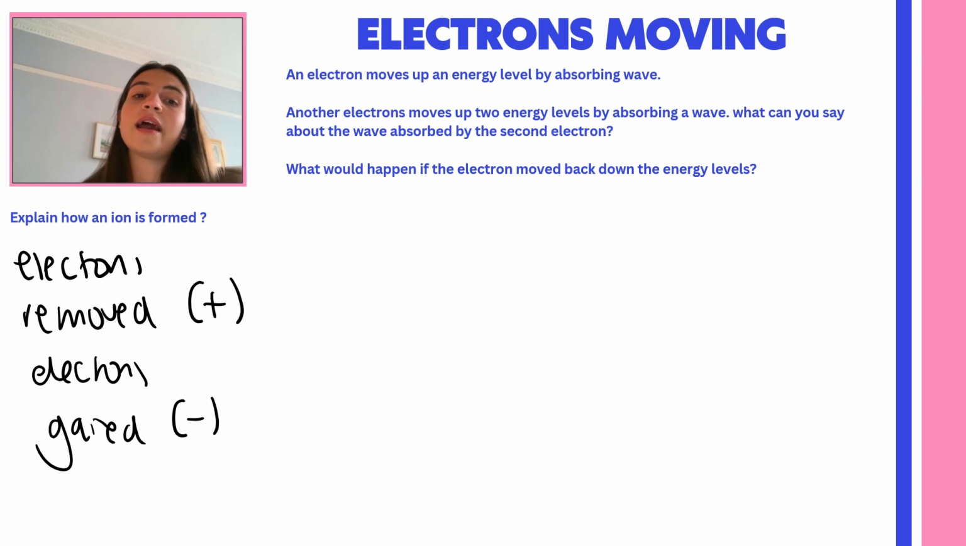Next question: an electron moves up an energy level by absorbing a wave. Another electron moves up 2 energy levels by absorbing a wave. What can you say about the wave absorbed by the second electron? So,